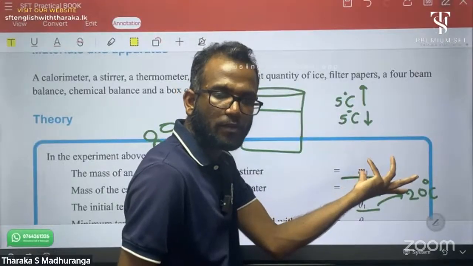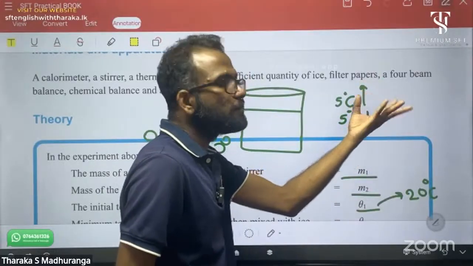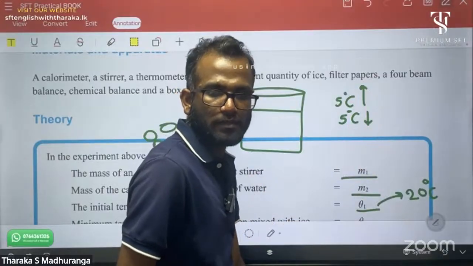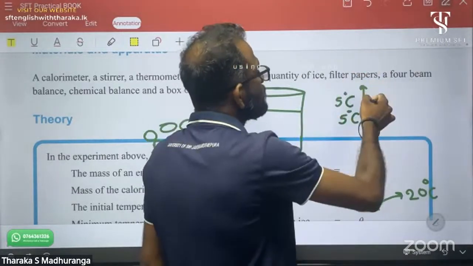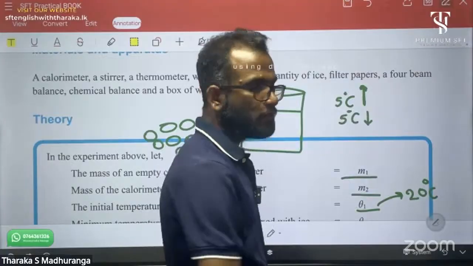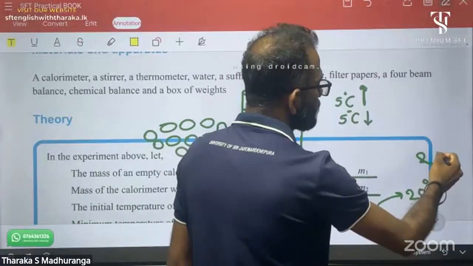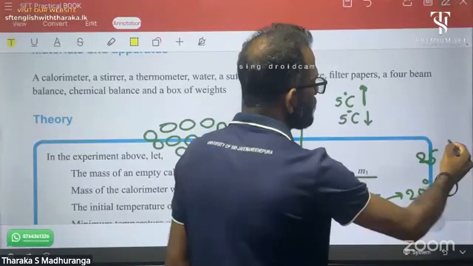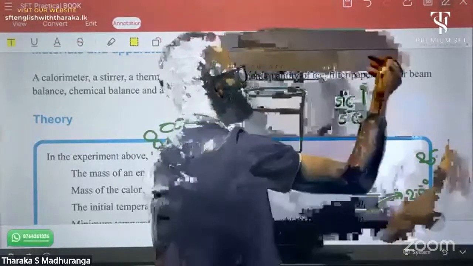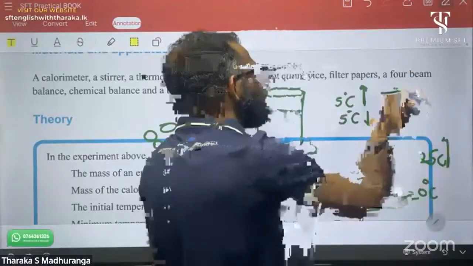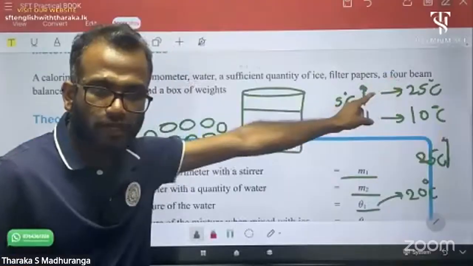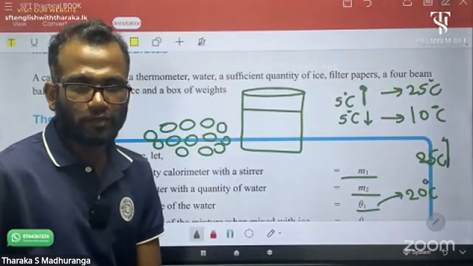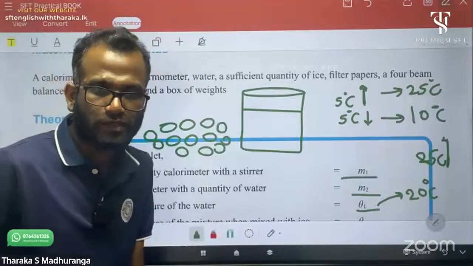Heat loss. In the heating process, the heat released is equal to the heat absorbed in the cooling process. Right? But in this process, we have to increase the temperature up to 25 Celsius, and then adding ice up to 15 Celsius. Initial temperature 20. Then we can say in the heating process, the heat released equals the heat absorbed in the cooling process. Therefore, no net heat loss.